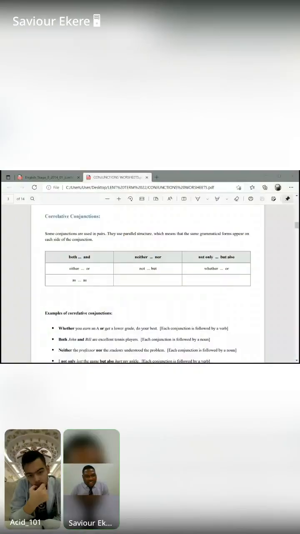Okay, but before we get to the sentences, let's quickly discuss the last type of conjunction, which is the correlative conjunction. In a correlative conjunction, you need something that goes in pairs, something that you know they are usually in pairs. For instance,